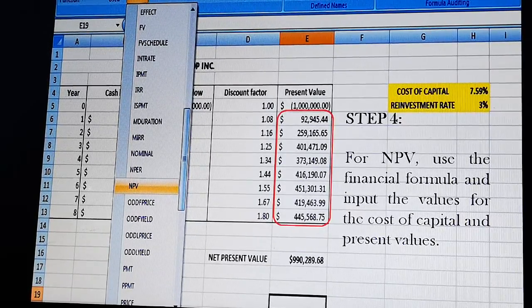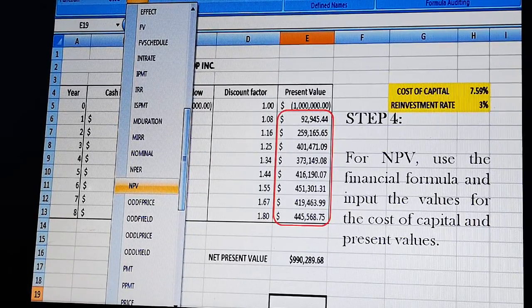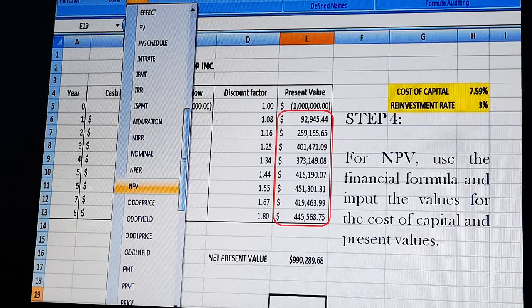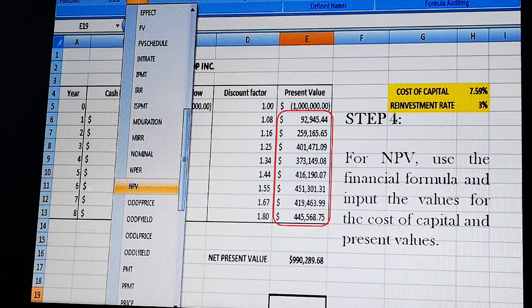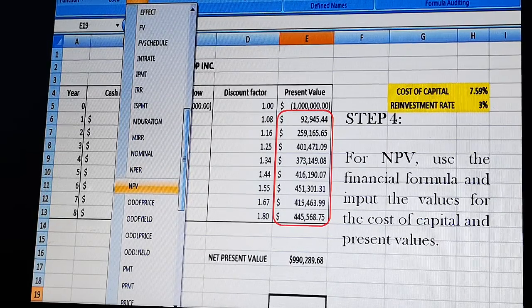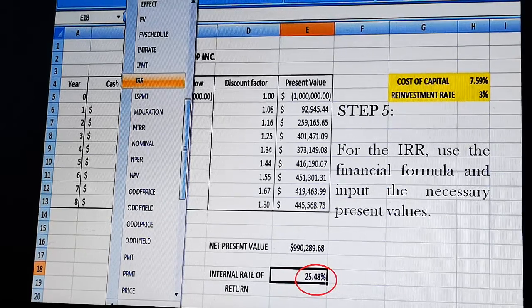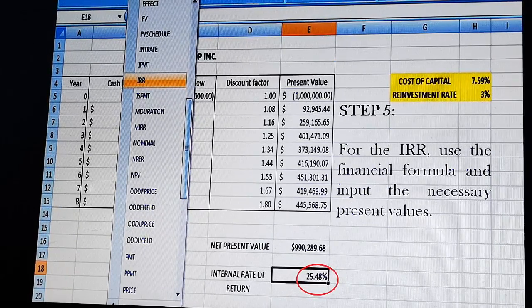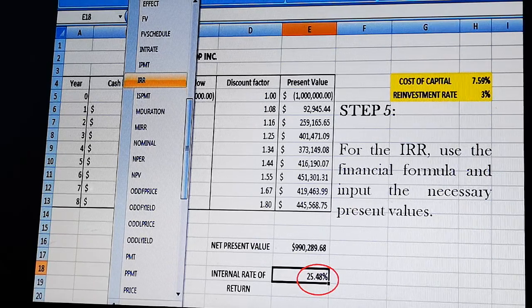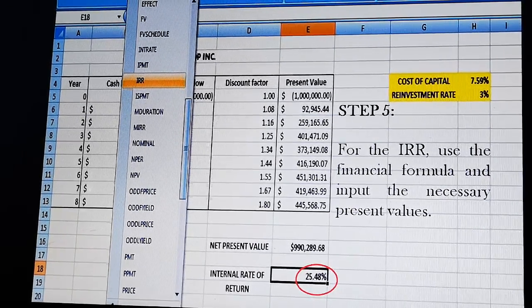That would give us a net present value of $990,289.68. For step 5, for the internal rate of return, we can use the financial formula and input the necessary present values for year 0 to year 8. And that would give us an internal rate of return of